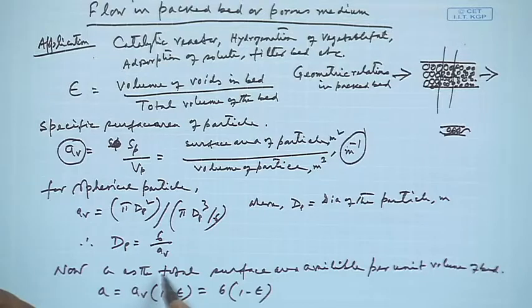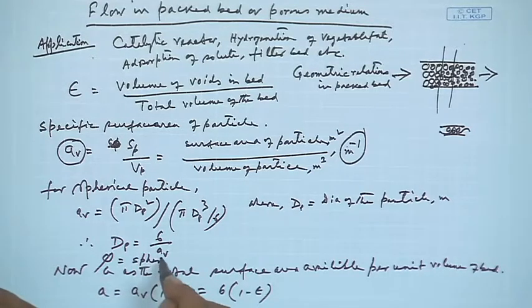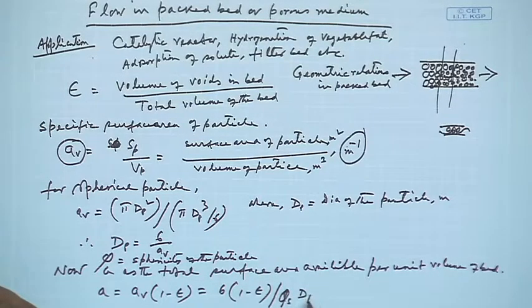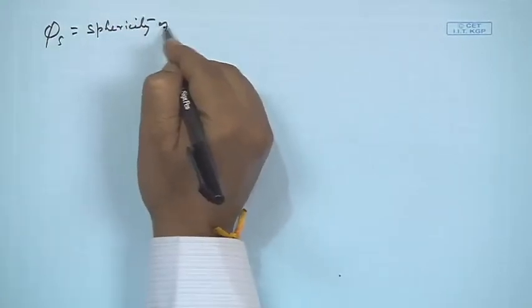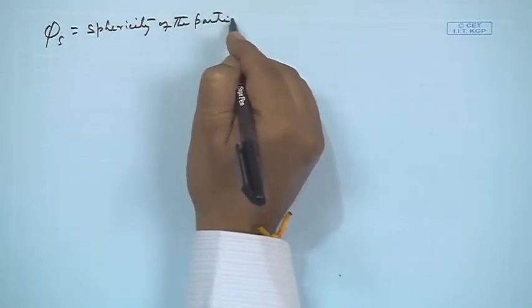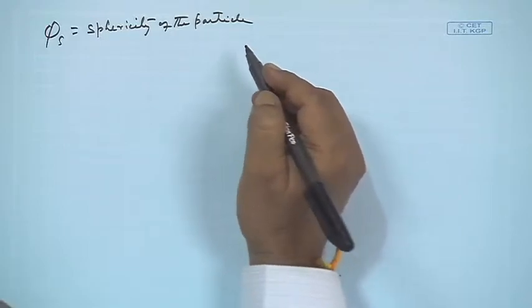And if phi s is the sphericity of the particle, then we can write 6 times 1 minus epsilon divided by phi s into dp, right, where this phi s is the sphericity of the particle, right, sphericity of the particle, which is defined as